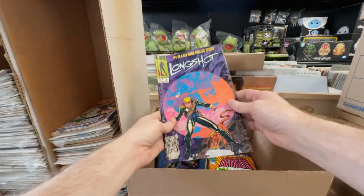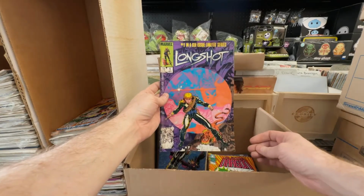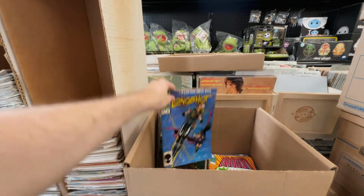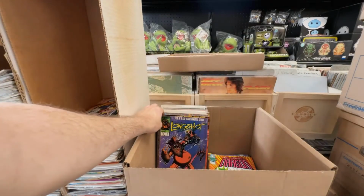I think this one is water damaged, but I'm going to put it in my dollar bin just because it's a key issue that's really important. First, Art Adams artwork. I think that one I'm just going to put out for $1. Same with number 2. Water damage, going to put that out for $1. Put that out for $1. Put this out for $1. Those ones make me sad, but...